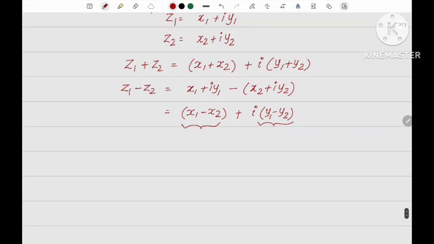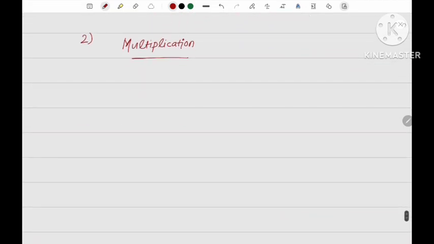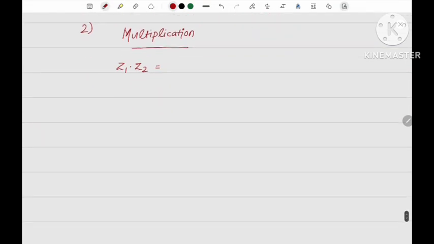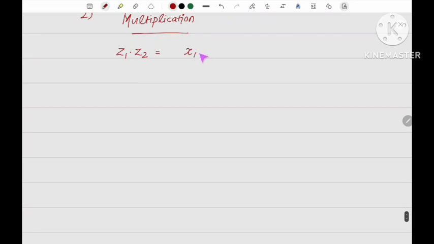Second thing, what is the second thing? Multiplication. So if there are two complex numbers and you want to multiply them, you just basically distribute the multiplication in the bracket, and I'll tell you how. So z1 into z2. z1 is x1 plus iy1, z2 is x2 plus iy2. What is z1 into z2? It is like this, x1 plus,